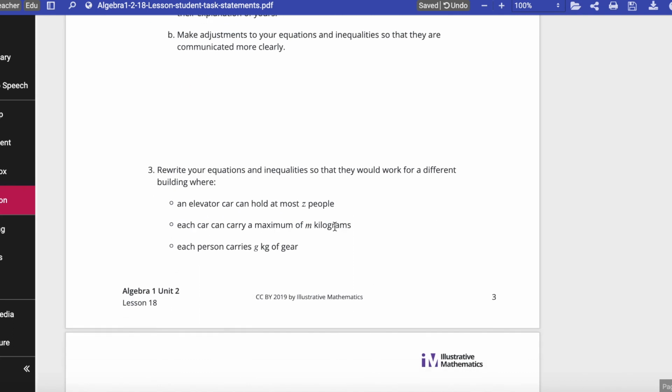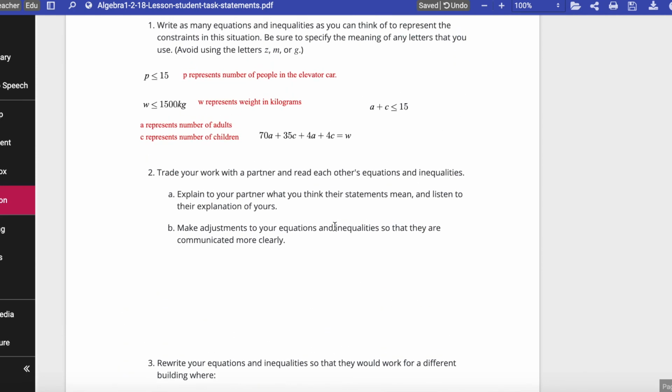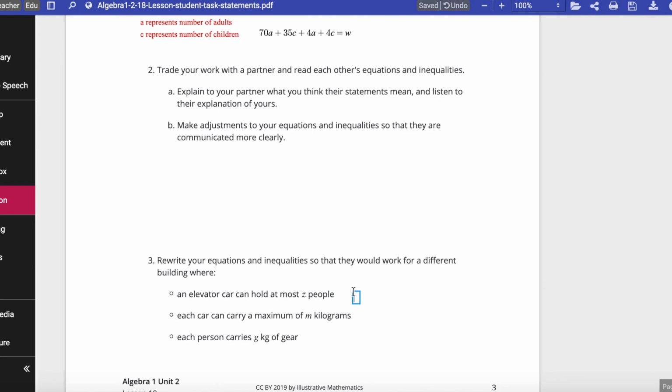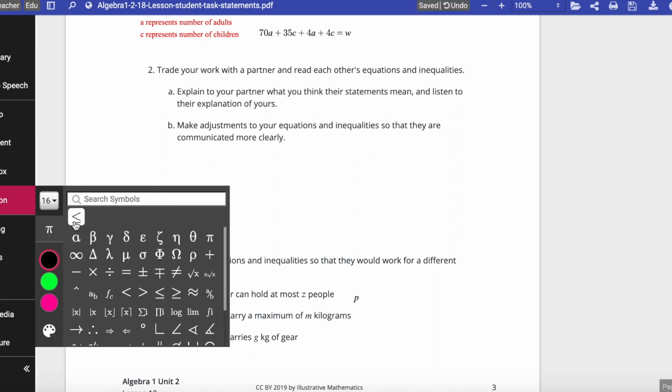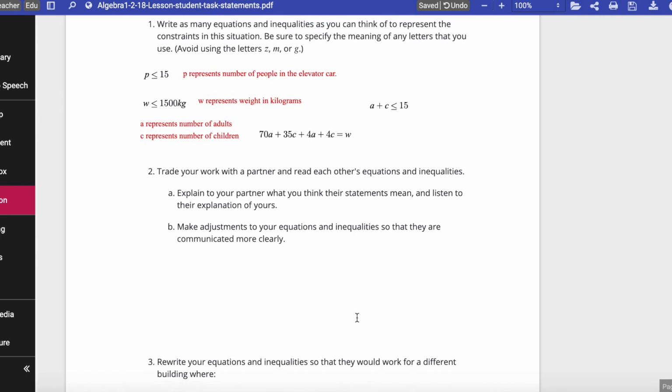Number 3, rewrite your equations and inequalities so that they would work for a different building. So we're saying an elevator car can hold at most Z people. So you could say instead of P is 15, you could say P is less than or equal to Z, because Z is how many people. Each car can carry a maximum of M kilograms. So instead of 1,500, we would do